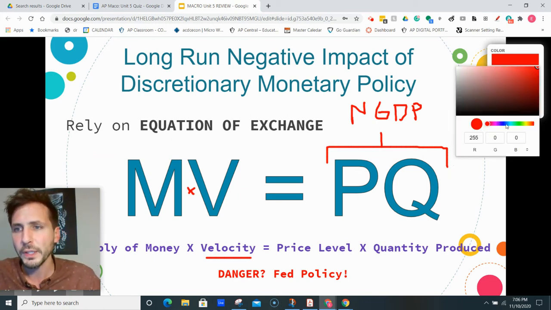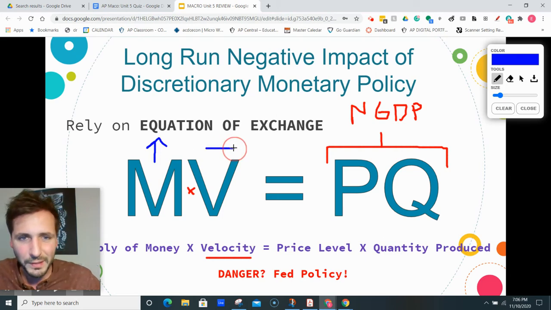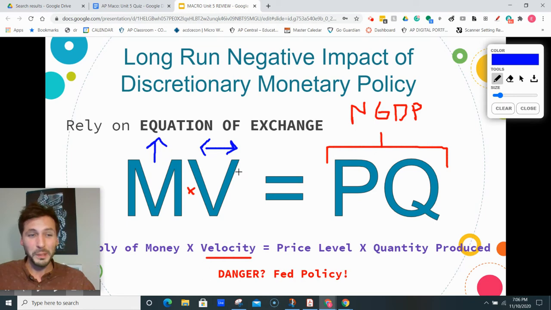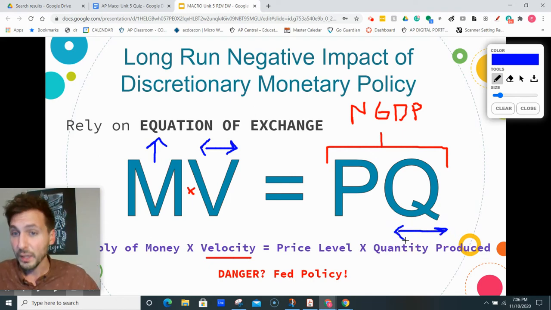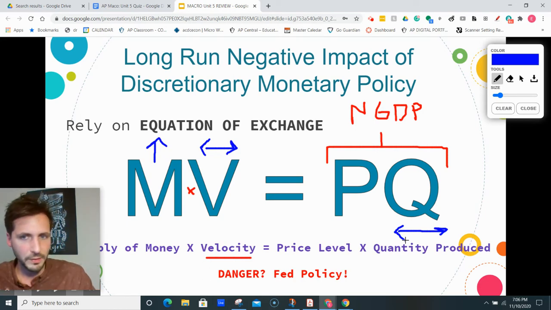Now, here's the deal. When we do expansionary monetary policy, the supply of money goes way, way up. Now, in order for this to work, monetarists believe that the velocity of money is actually relatively stable. Yes, it changes a little bit, but it's very predictable in how it changes. In addition, they believe that the quantity being produced is actually stable. Our GDP increases at a very predictable growth rate. We know pretty much what the next quarter's economic growth is going to be. We're pretty good at guessing it at this time. So that's relatively stable.